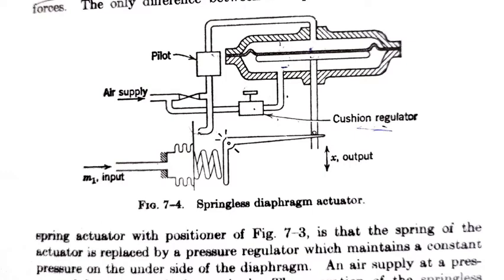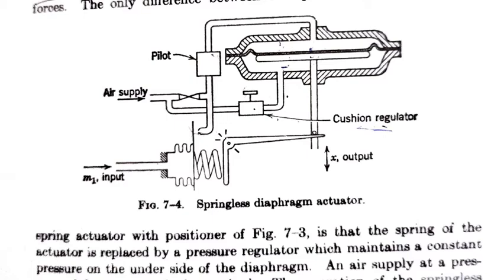So this is expanded like this. Whenever you supply pressure, this diaphragm will move down like this. But it has to move to the original position. So whenever you supply air pressure from here, then this diaphragm will move up. Okay. So wherever you are supplying air pressure, that is called a cushion regulator. By this regulator valve, we change how much air pressure we need to supply for the diaphragm to come back to its original position.